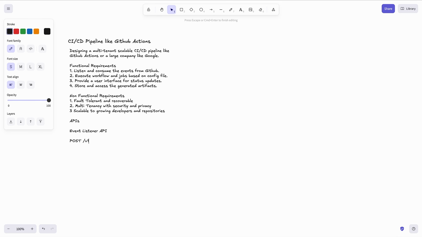Let's call it V1 close. So when GitHub sends a webhook, it would hit this endpoint, and the request would contain important information in the request header, like event ID or commit ID,